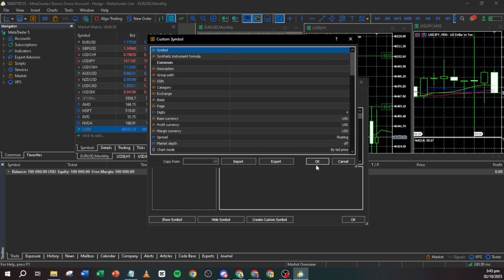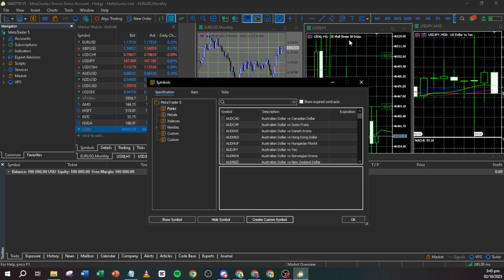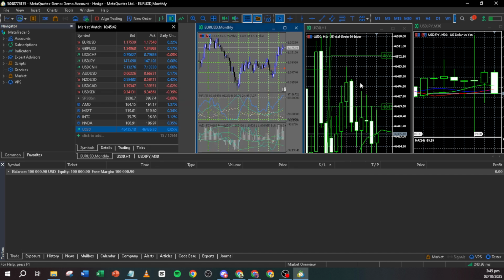After the process is complete, it's highly recommended to restart the platform. Doing so refreshes the system and integrates the newly imported data, ensuring it's ready for you to analyze or use for backtesting. And there you have it, a complete guide to importing historical data into MetaTrader, setting you up for more